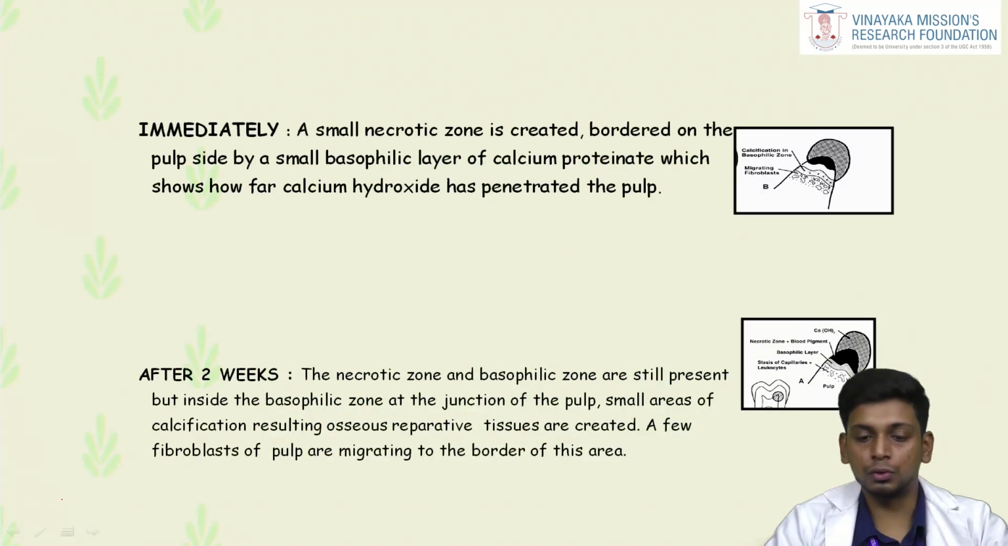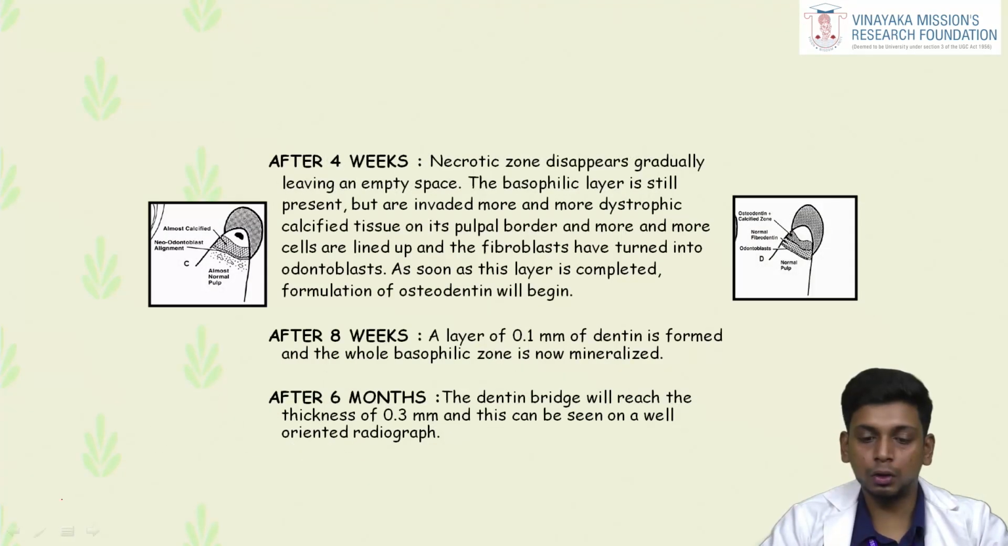Immediately, a small necrotic zone is created bordering the pulp side of the small basophilic layer of calcium proteinate, which shows how far calcium hydroxide has penetrated into the pulp. After 4 weeks, the necrotic zone disappears, gradually leaving an empty space. After 8 weeks, a layer of 0.1 mm of dentin is formed. After 6 months, the dentin bridge will reach the thickness of 0.3 mm, and this can be seen well on